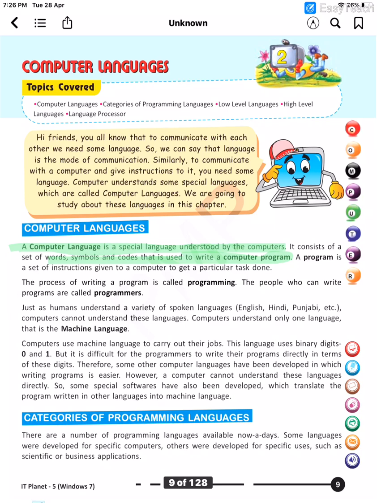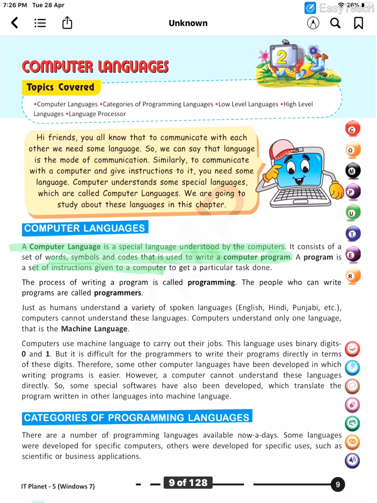So computer language is basically a collection of symbols, codes and entities which we call a computer program. And what is a program? It is a set of instructions, like if you all have done Logo, in Logo we do write right 100, forward 20, that is commands or instructions we are giving to the computer. So this is what we are calling a program, the entire program that you are writing.